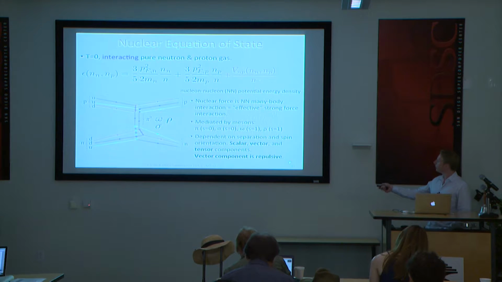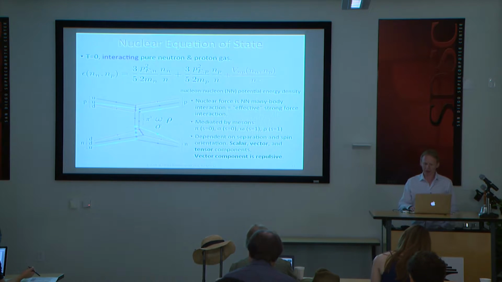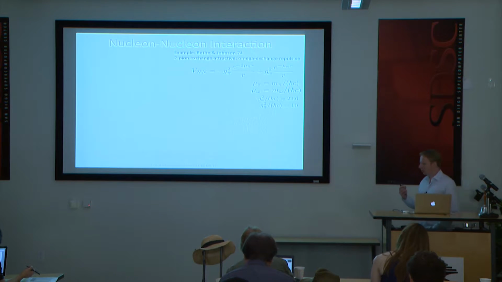One thing we will find important is that the vector component of that interaction, which is mediated by the omega and by the rho to some extent, is repulsive. So if we take that into account, we can come up with a phenomenological model of the nucleon-nucleon interaction. We can do that by knowing that